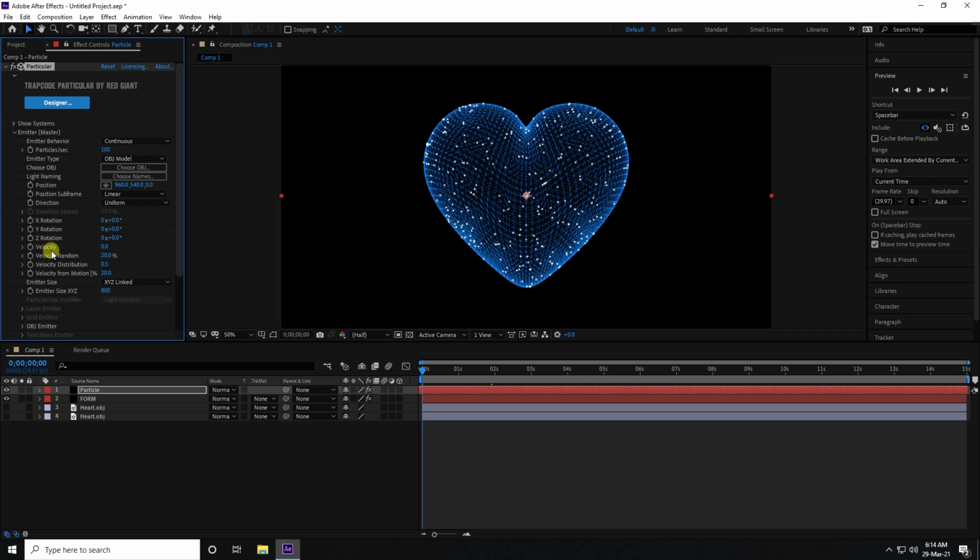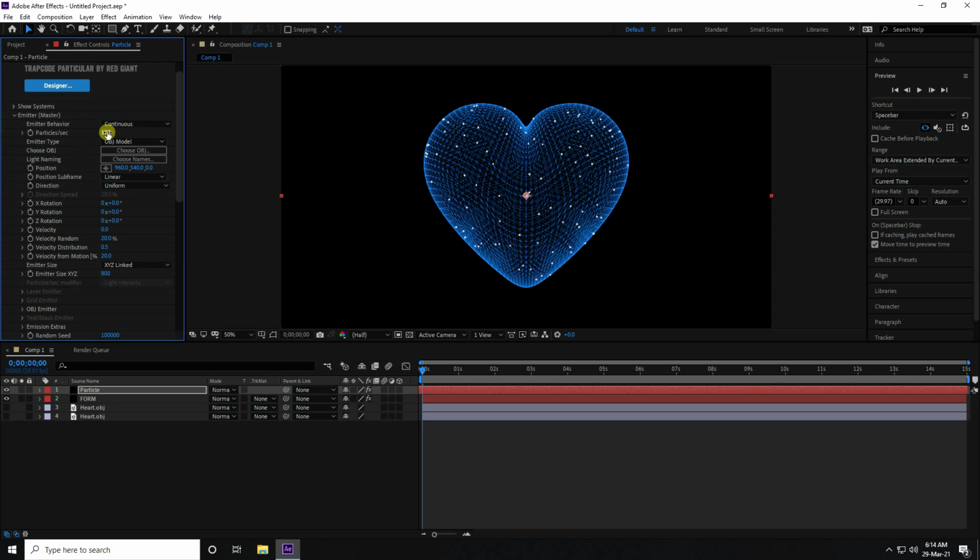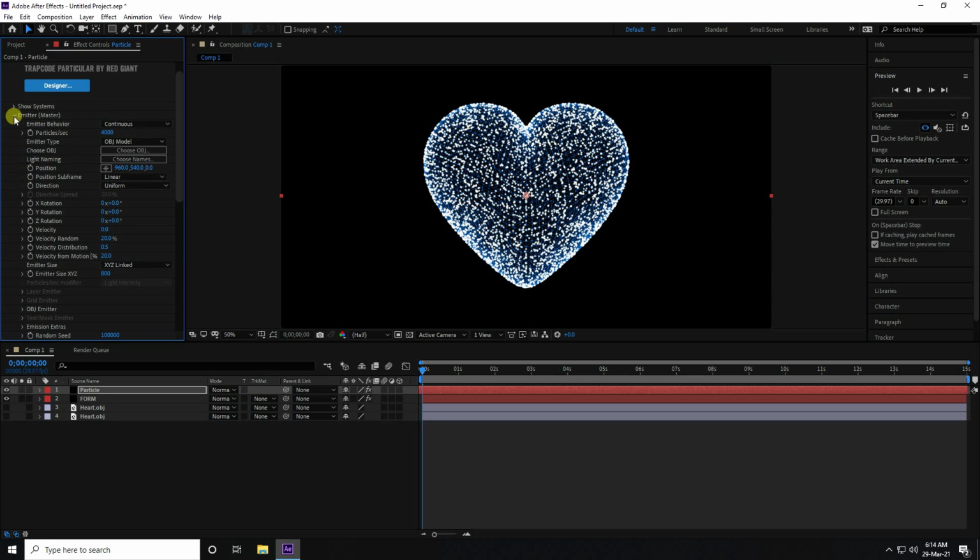And guys unfold, and I go to Particle, and Life I like 1 and Sphere Feather like 0. Now I also increase the particle count like 4000. And particle size I like 2.